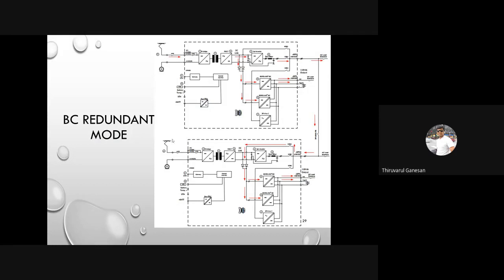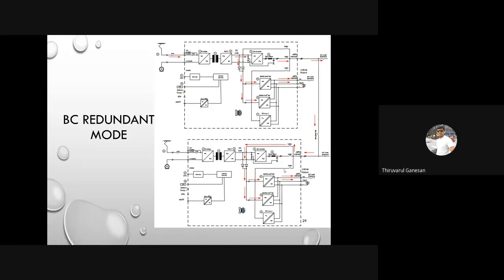Okay, here I will address in more detail your question, how it is operating. Battery charger redundant mode. You can consider again, maybe I'm saying Chennai Metro because most of you are well aware of Chennai Metro. Maybe you can consider Kochi Metro also. Kochi Metro is a 3-car configuration with 2 battery charger systems. For example, the second battery charger failed. This circuit failed.